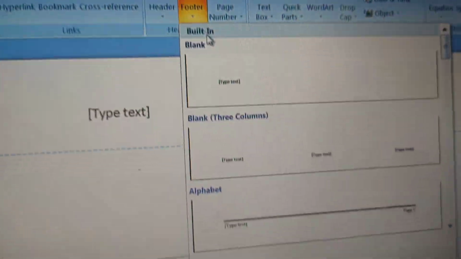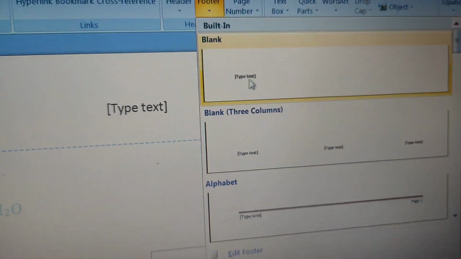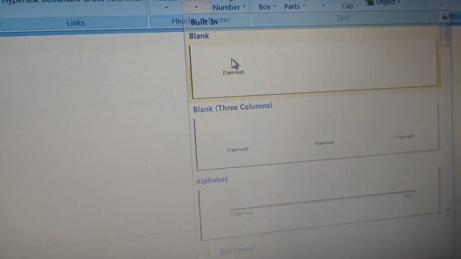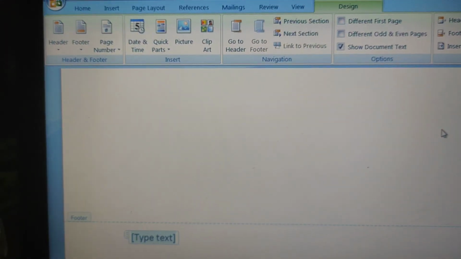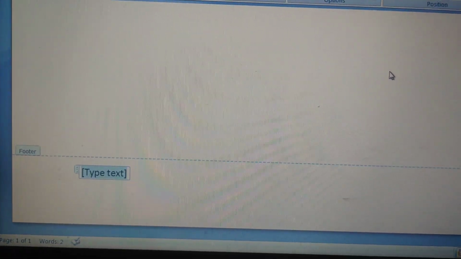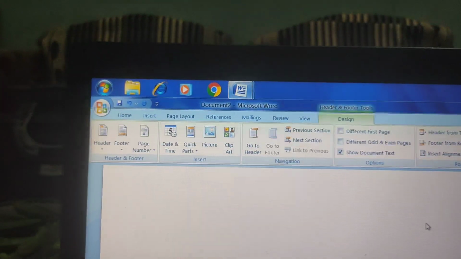So I have just chosen the style. I have chosen this style. Now you can see the footer is inserted below the page. So the header is at the top of the page and the footer is at the bottom of the page. So this way you can insert header and footer.